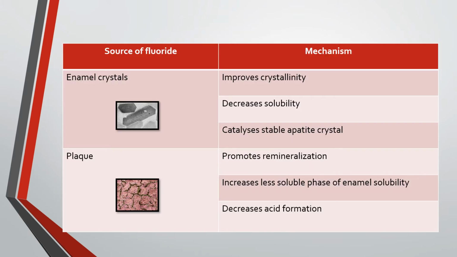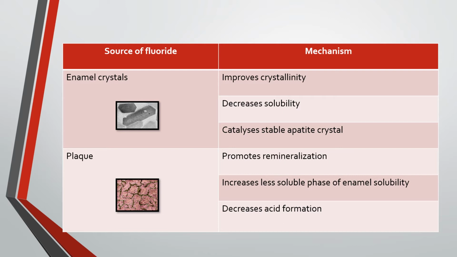So to summarize, if the fluoride gets incorporated into the enamel crystals, it improves the enamel crystallinity, right? So the crystals are larger and more stable, and this causes decreased solubility during an acid attack. And the fluoride also catalyzes the formation of stable apatite crystals, making them stronger and more stable. And if the fluoride is present in the plaque, it promotes remineralization, and it increases the less soluble phase of